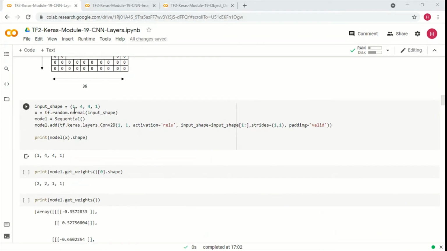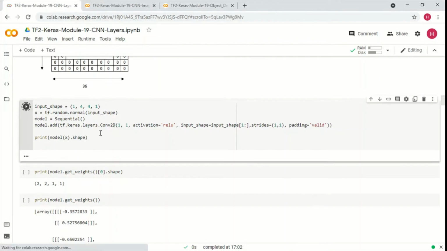So the input shape is one batch of 4 by 4 pixels with one color channel, which is a gray image. Let's see, we have one filter and this is our filter size, which is 1, right? So let's go to this.